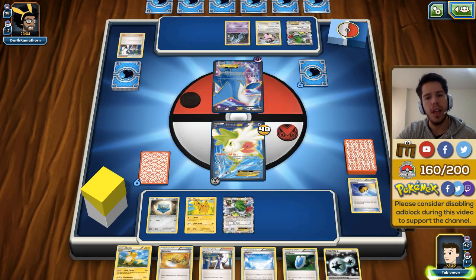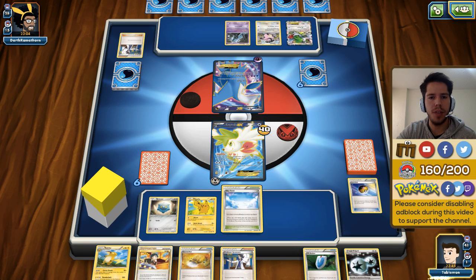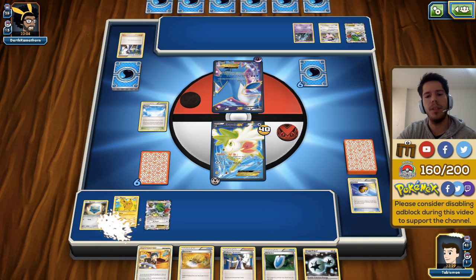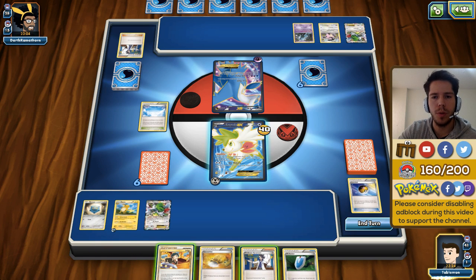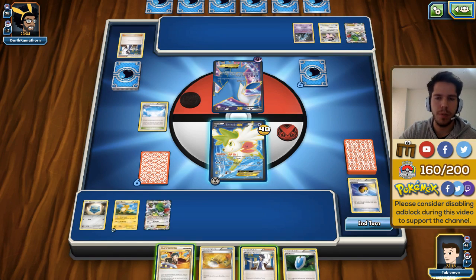So having said that, we are up against a very interesting deck, a Latios deck. I did top deck a Judge and I did see he plays Skyfield himself, so that's definitely good for us, because we will be doing a ton of damage to Latios. And the big question here is, do I go for the Sycamore or do I go for the Judge? Because